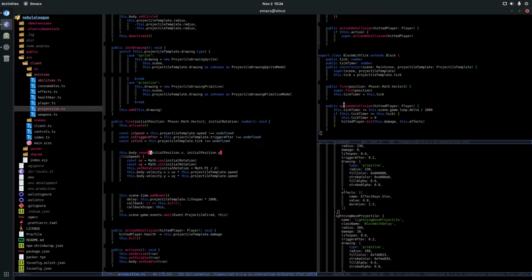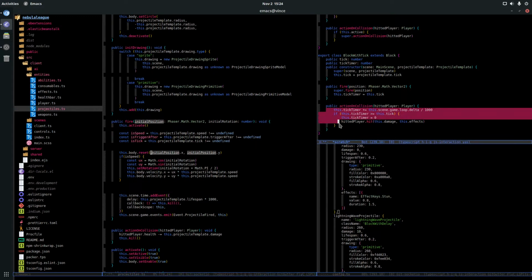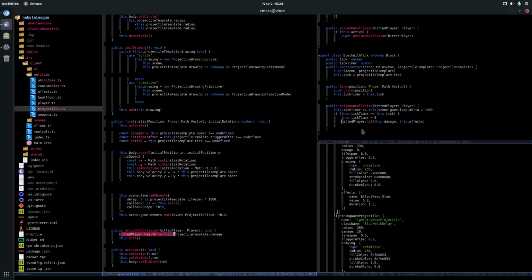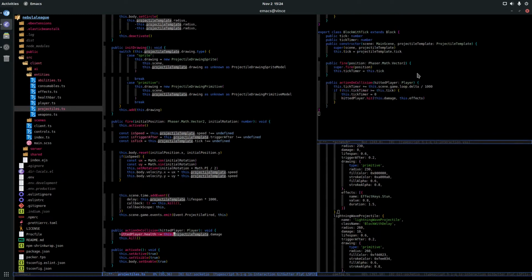Do I have action on collision? Yeah, I have. Layer. Something is wrong also. I'm not handling right now the collision with the effect. My action of collision is not correct. So I'm doing also this tick timer. Why am I doing that on collision? Yeah, okay, it's for my tick. I want my delay first. That's the easy one.